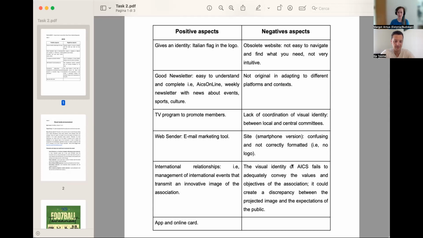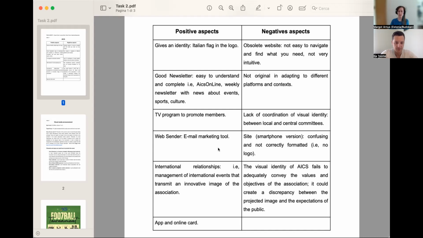Then there's the TV program that promotes members, which we also thought was an extra effort that associations, especially small ones, usually cannot do. They also have a web sender, which is an email marketing tool, which we found to be great. They basically spend a lot of time creating international relationships. For example, we ourselves are part of this program, involved in an international team, which is us right now. And they have an app and an online card that you can easily fill out. We found that particularly positive, because if it's accessible for people to sign up, and a lot of people sign up, which happens a lot in different cities around Italy,